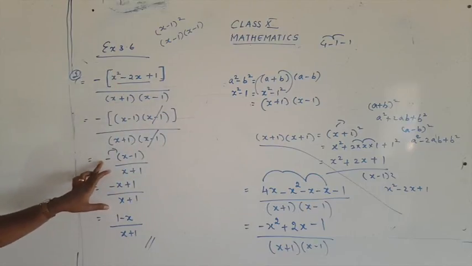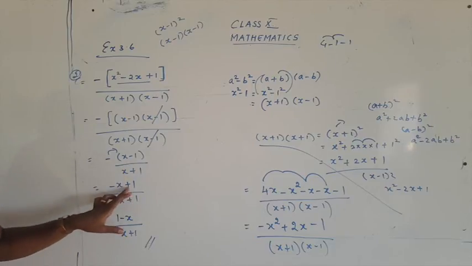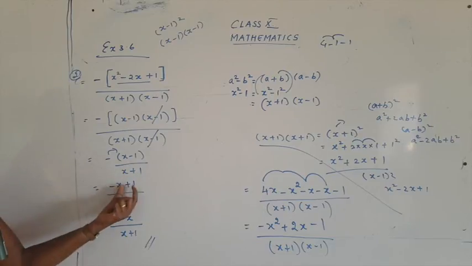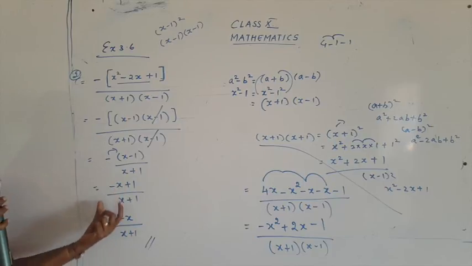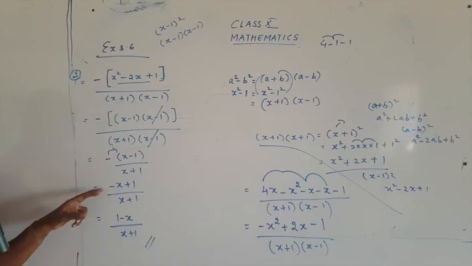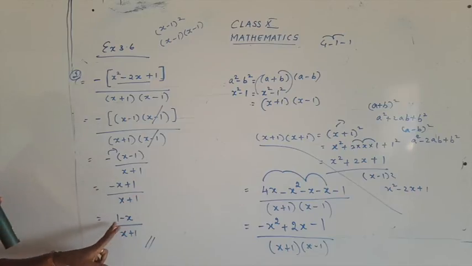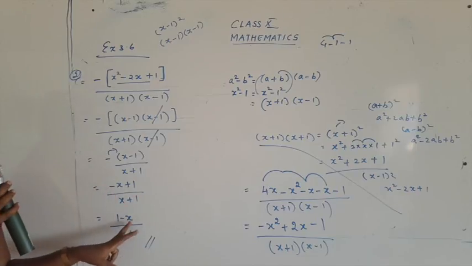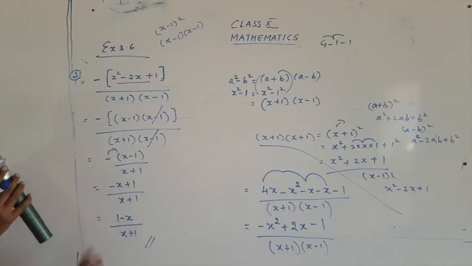And here, when you open the bracket, what happens? Minus x minus minus plus 1. So just interchanging the terms, don't get confused. Here minus x plus 1 was there, here 1 minus x is there. Nothing, just interchanging. Bring the positive term to the first, negative term to the next. So 1 minus x upon x plus 1. I hope the sum is clear to you.